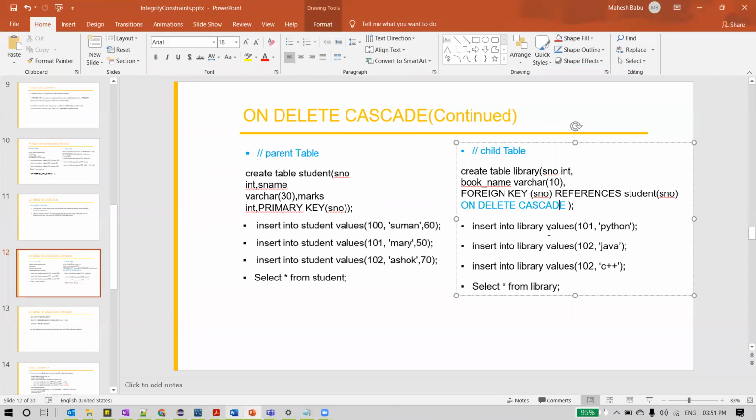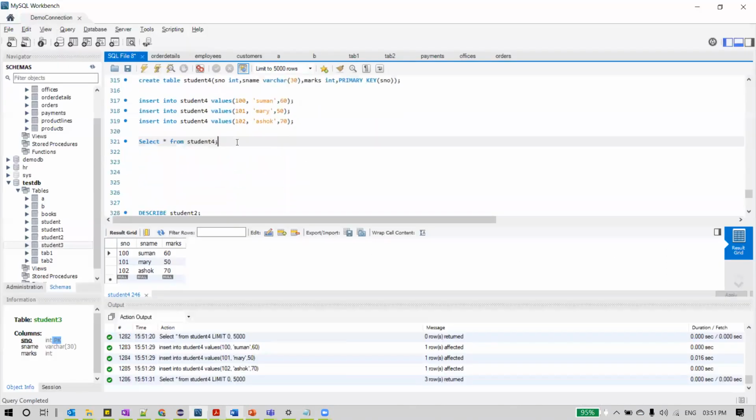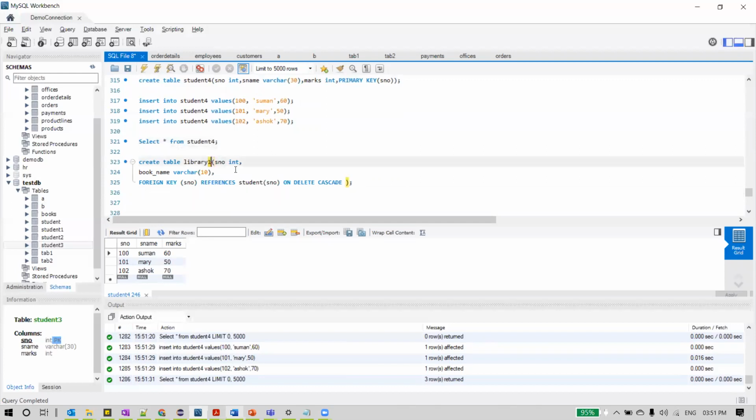Fine. Now, the only change here is in the child table, right? So let's create a child table as well. This time I'll name it library 1, which is referencing the student 4 table. The only new thing here is on delete cascade. We are specifying this option so that whenever we want to delete a row from the parent table, it will automatically delete the corresponding child rows which are referencing this parent row.